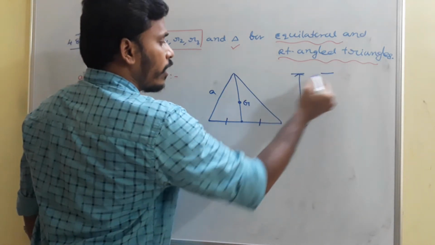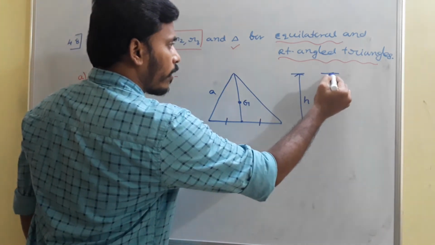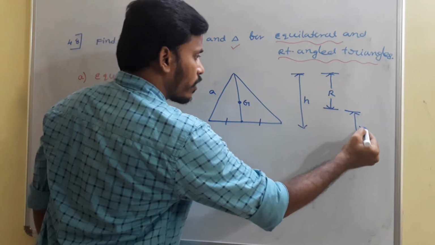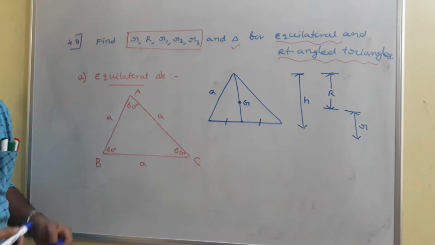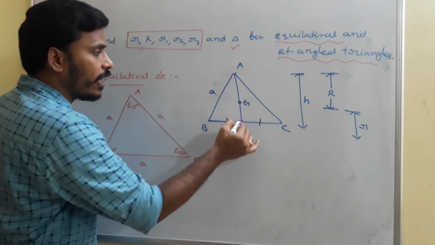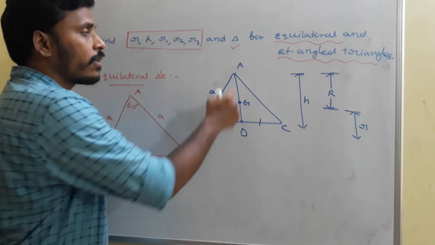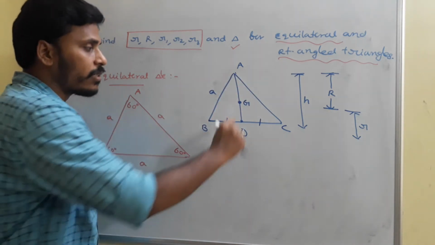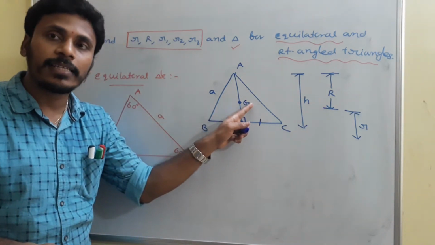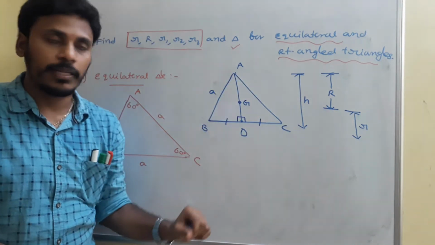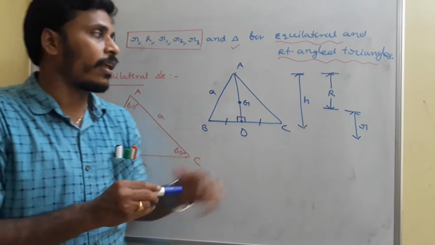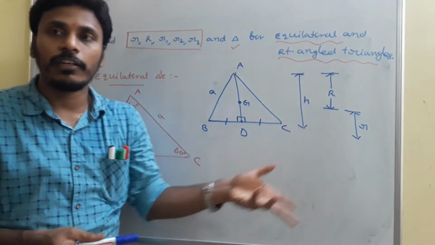Starting from this A to this G, this is the circumradius, and starting from this G to the side is simply the inradius. Just look at the situation. This is A, and if you say B, C and D, this AD length is the altitude and height, whereas this AG is the circumradius and this GD is the inradius. Because this centroid itself acts like the circumcenter, AG is the circumradius, and since it acts like the incenter, GD is the inradius. So first of all, we need to calculate H, then R, and then small r.